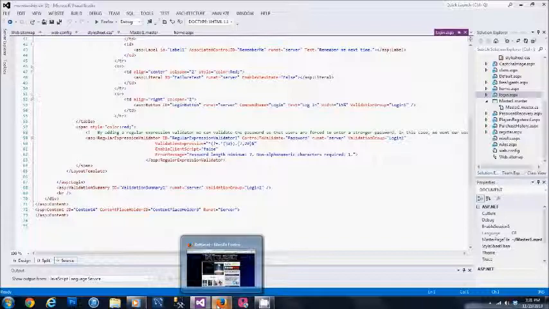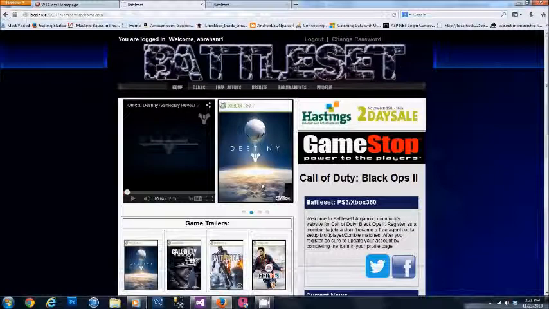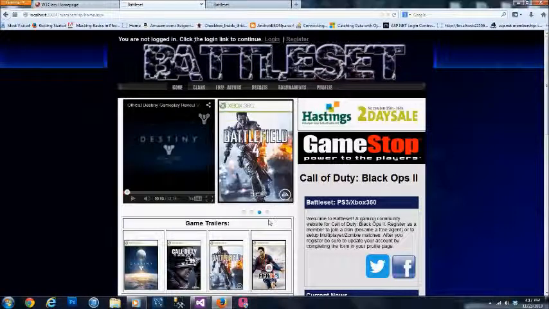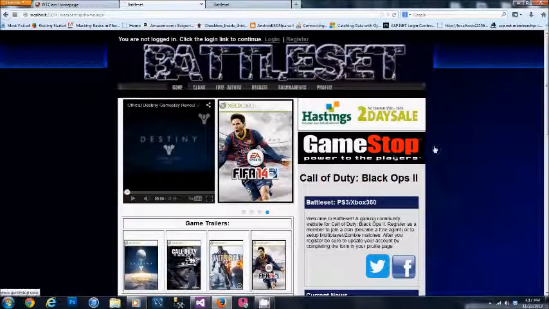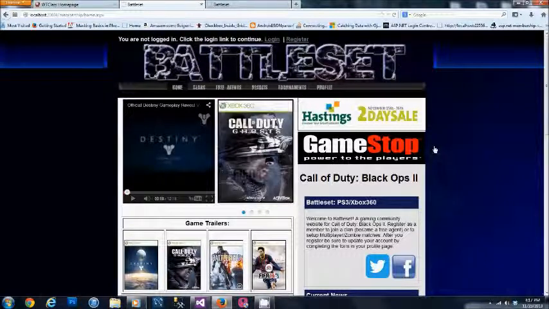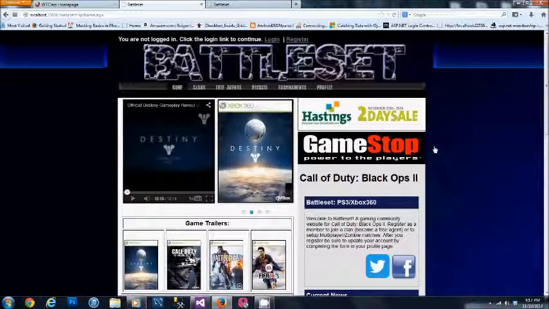So now I'm going to take you back to the home page. Correction on the last demonstration of code for the registration validators: we actually demonstrated the login validators, but they're almost exactly the same. They both validate the user credentials, as well as the password credentials. So moving on,